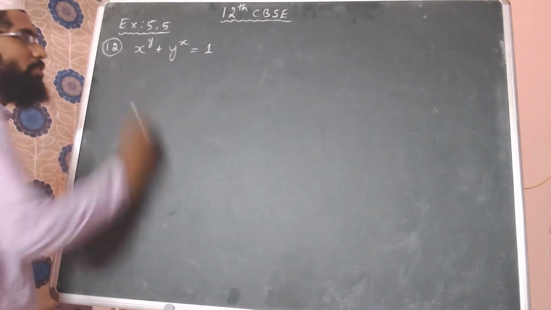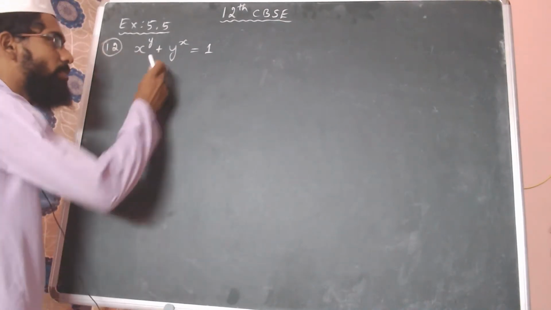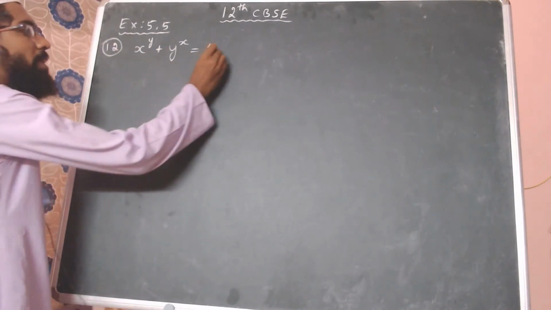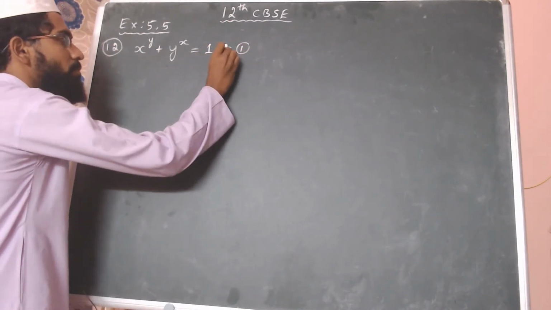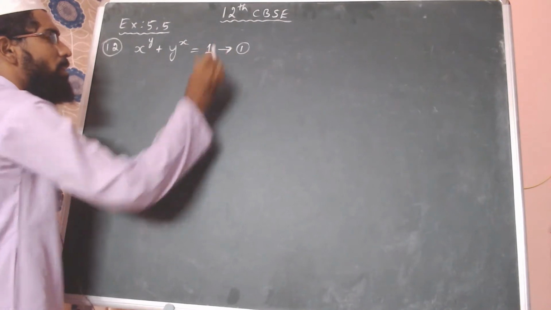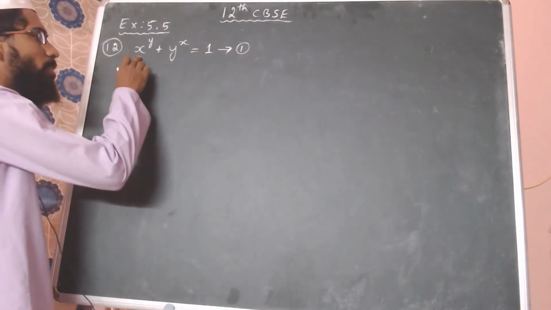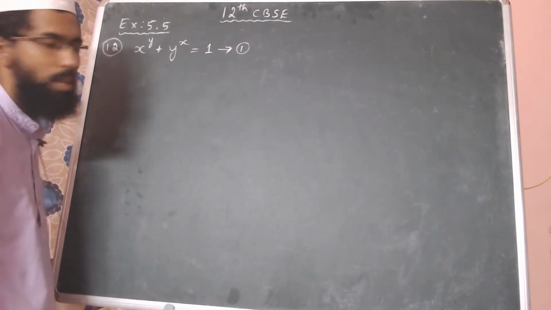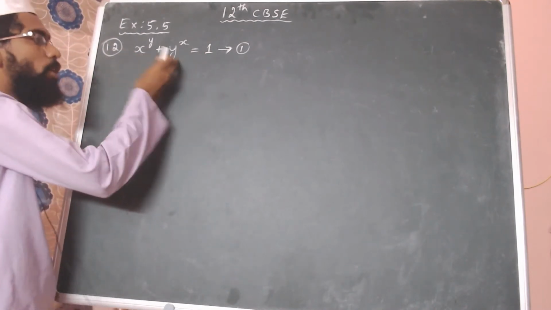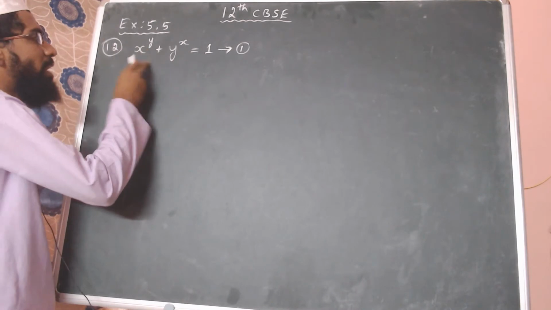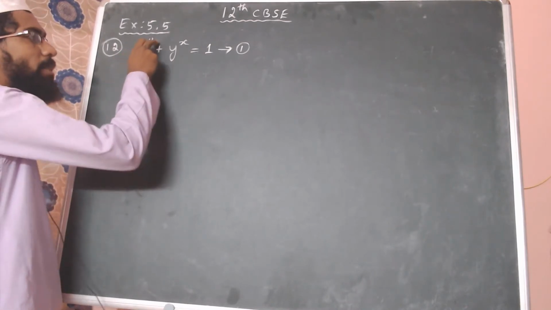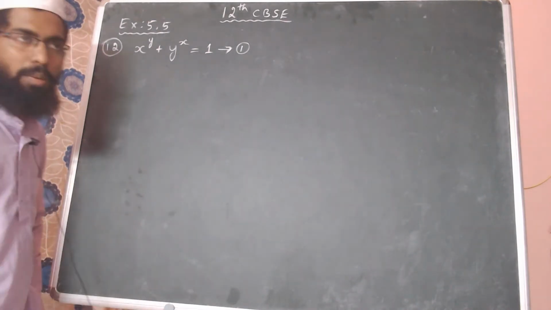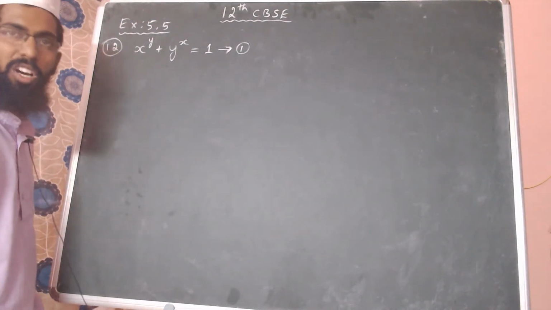Now this is the equation that has been given for us to differentiate, right? So let me take this to be my equation 1. On the left hand side I have two terms. On the right hand side it is a constant, the derivative is 0, simple. But the left hand side has a binomial term where the base is also variable and the power is also variable. I have told you, if the base and power are variable, we will use the method of logarithmic differentiation.